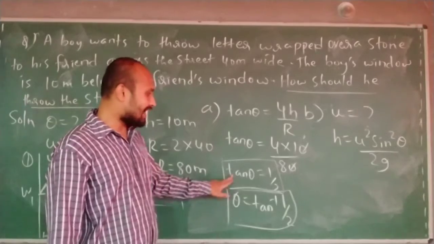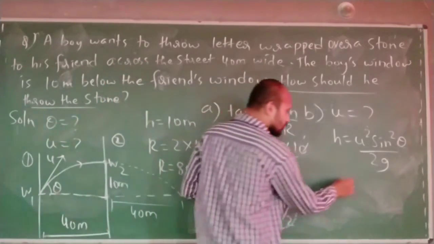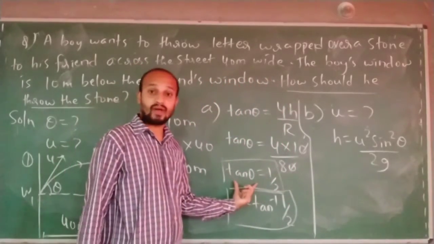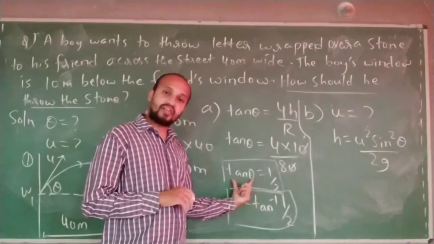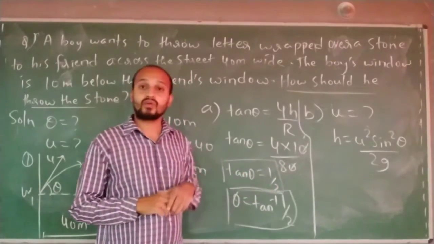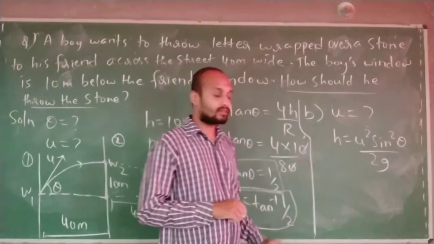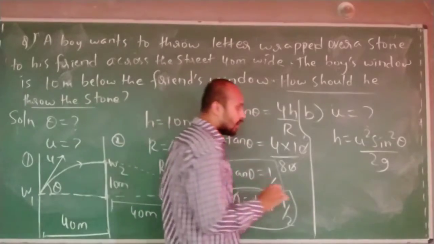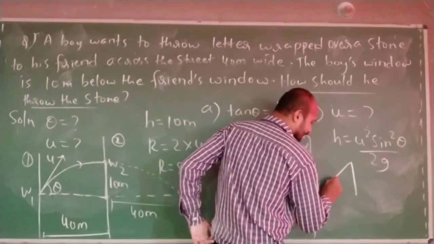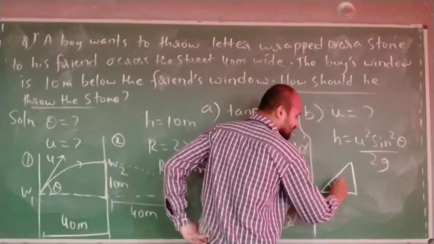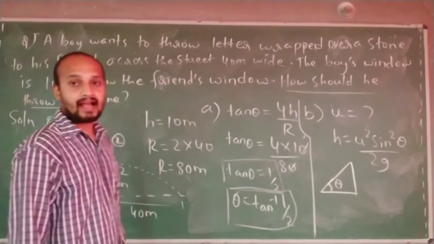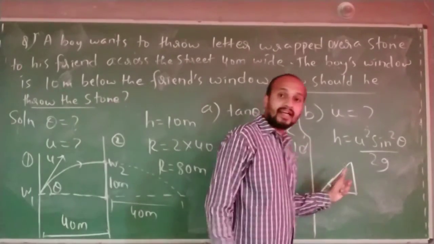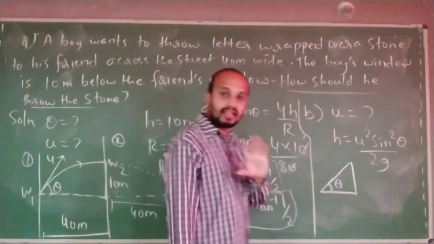I will tell you. See here, tan theta is 1 by 2. I will find the value of sin theta from this value. This is one of the techniques you must know. Using the tan theta value, I can find the value of sin theta. I cannot find theta without a calculator, but I will draw one right angle triangle. If this is theta, in this right angle triangle, even when you don't know theta, you can find the value of sin theta. I will show you.